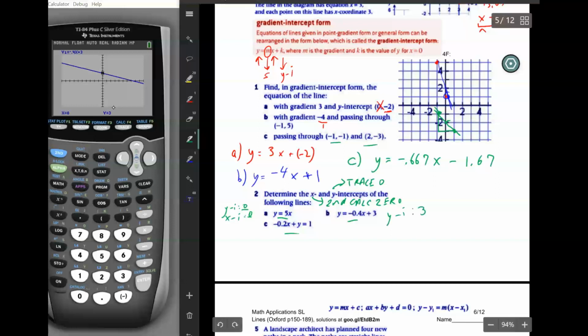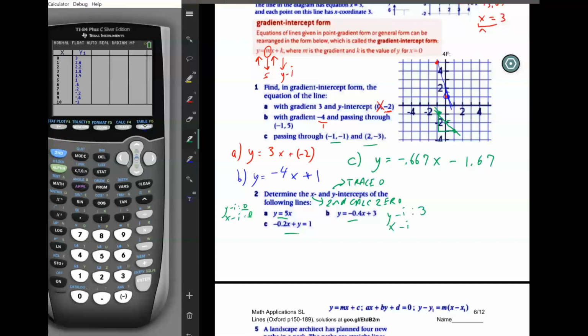Okay, now I'm going to find the x-intercept. The other way, remember, is you do second table. And if you look in the first position, the y value is 3, so that's the y-intercept. Okay, now we're going to find, and let me show you something about why the x-intercept is a little bit